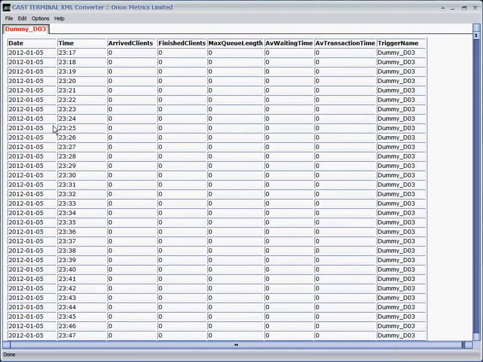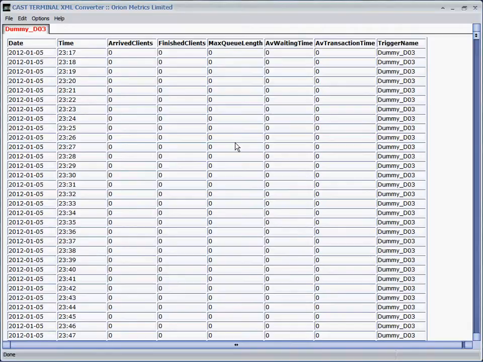This is showing the date, the simulation time, arrived clients, finished clients, and the average transaction time. The one thing I must point out is that this simulation shows queues from CAST as cumulative queues, not the maximum queue length you get from the XML files. That's an important key element of how to analyze CAST data, because CAST has an object, which could be a desk, and then a queue plate which represents the length of people queuing. But if you had your process times or your flows very severely wrong for that desk, which can happen, or say the desk opening and closing times were wrong, you could